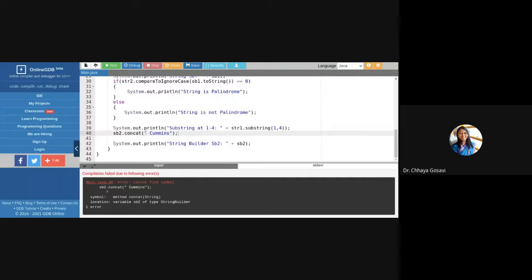Whenever we put any string like this, it will be considered a String object. I cannot concatenate a String object with a StringBuilder. I need a StringBuilder object here. I'll just add sb2 to sb2. It will print college twice.